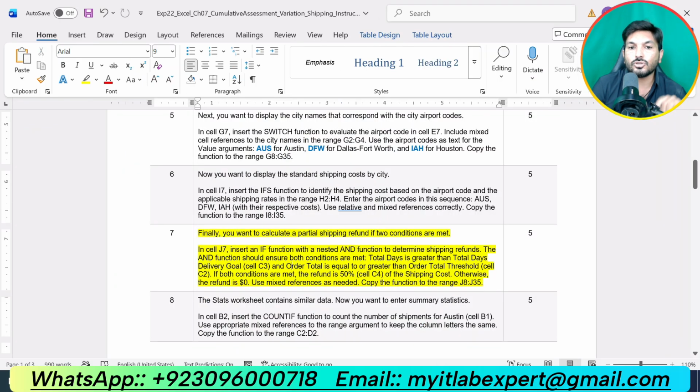The AND function should ensure that both conditions are met: total days is greater than total days delivery goal, and order total is equal or greater than order total threshold. If both conditions are met, the refund is 50% of the shipping cost. Otherwise, the refund is zero. Use mixed reference as needed. Copy the function to the range J8 up to J35.